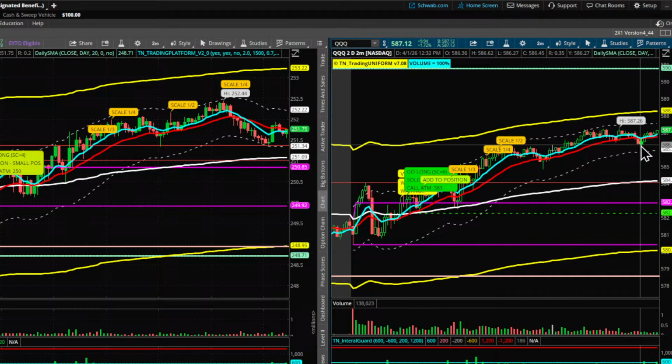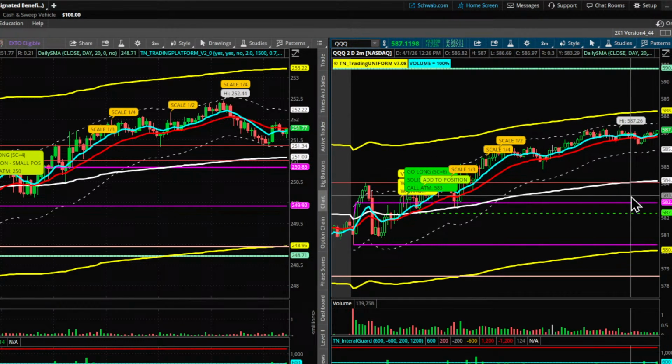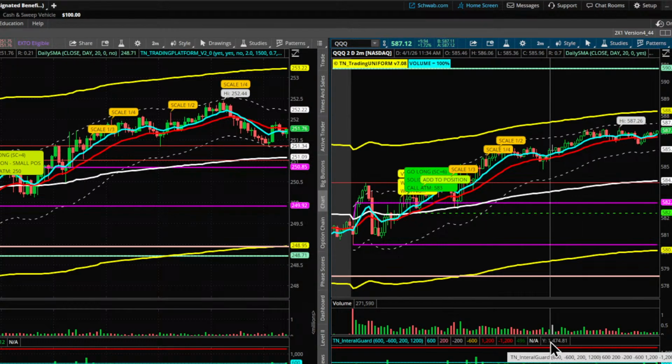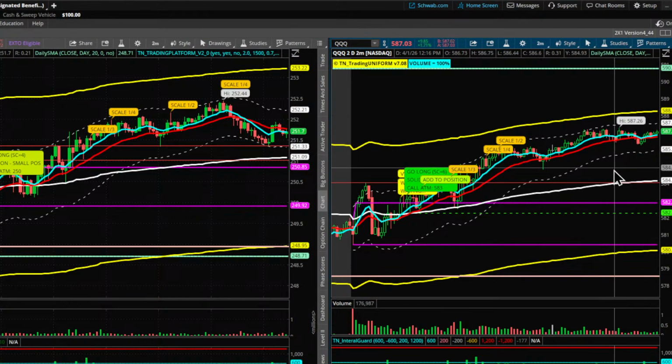But QQQ is still grinding up. That's why I'm reluctant to sell the rest of the options. And the system is not telling me to do anything. It's still sensing that the uptrend is still intact. Another thing too,